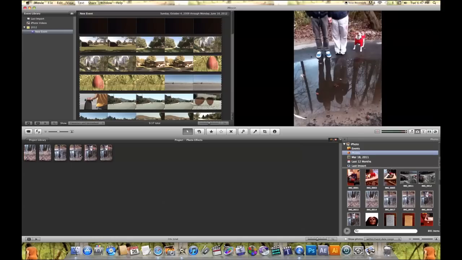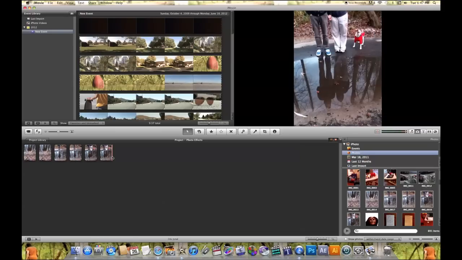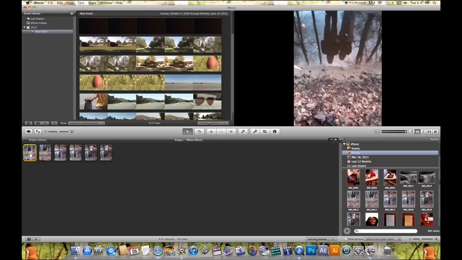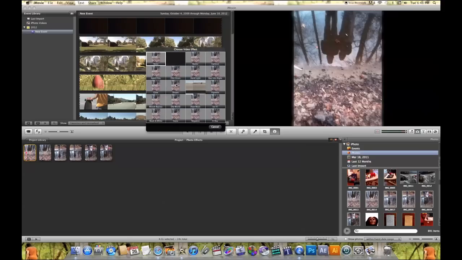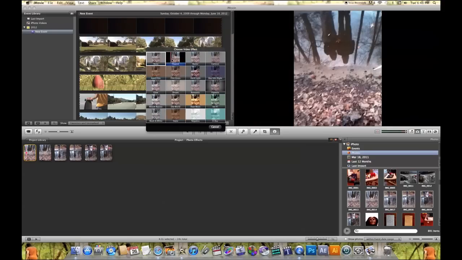So I've added some photos down here in my project timeline, and I just want to start adding some different effects to these photos. All I need to do is double click on one of my photos to open up the Inspector tab. Here inside the Inspector tab, you'll see Video Effect. Just because it says Video Effect doesn't mean it can't be added to your photos as well. If you click here where it says None, you now have the option to add one of these effects